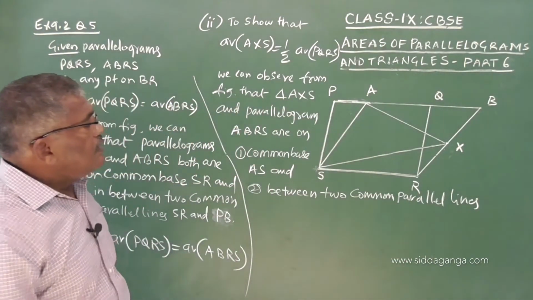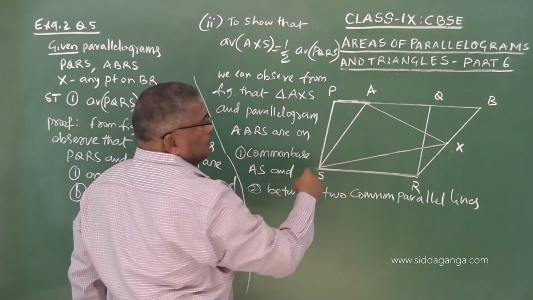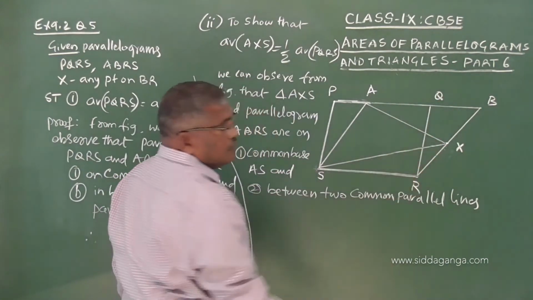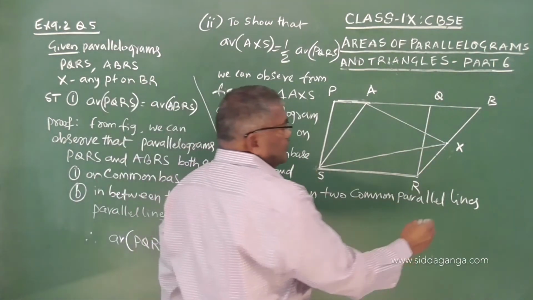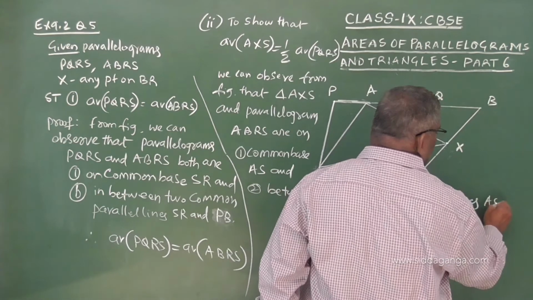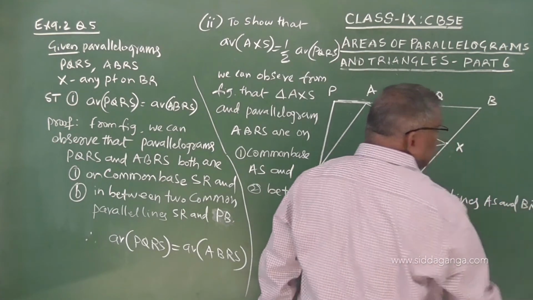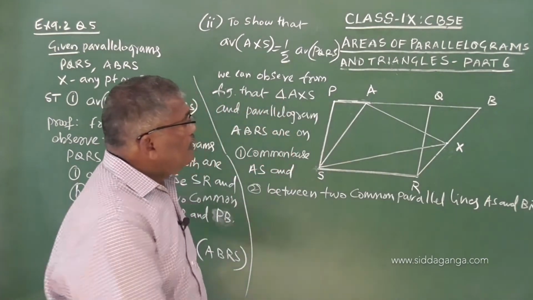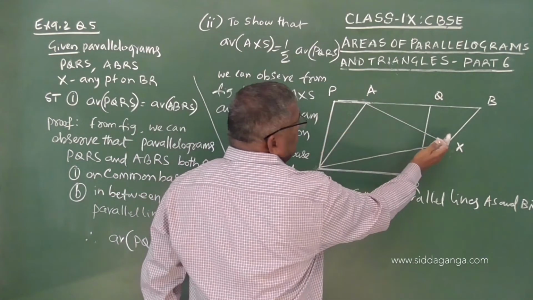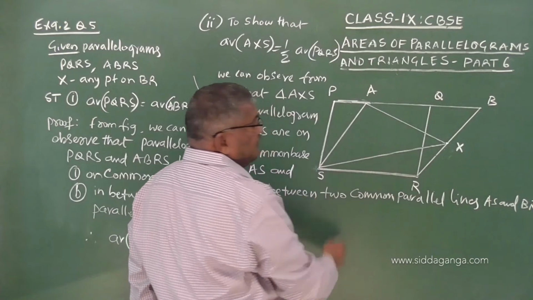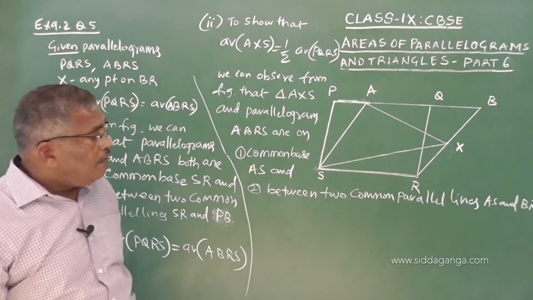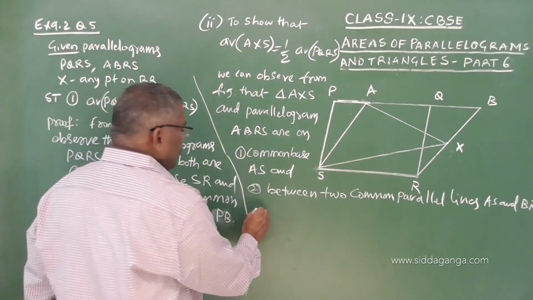So, what are those lines? AS is one line, BR is another line. So, AS and BR. Why are they parallel? It is given that ABRS is a parallelogram, the opposite sides are parallel. Therefore,